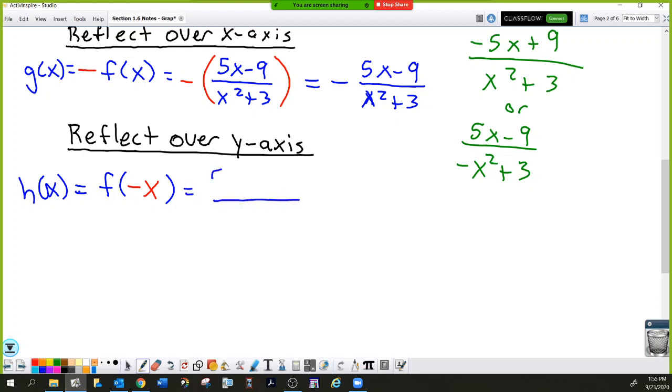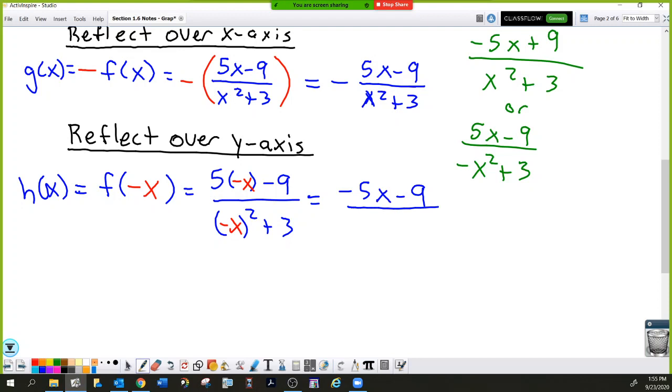Parentheses, 5, or not parentheses, fraction bar 5. There was an x here, and there was an x here. And if I fill those parentheses with the negative x on the left, I better do it on the right. Okay, well, on the top, 5 times negative x is just negative 5x. Nothing happened with the minus 9. But on the bottom,